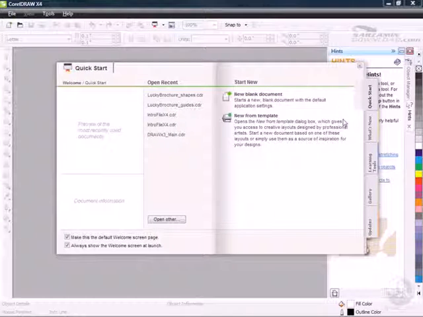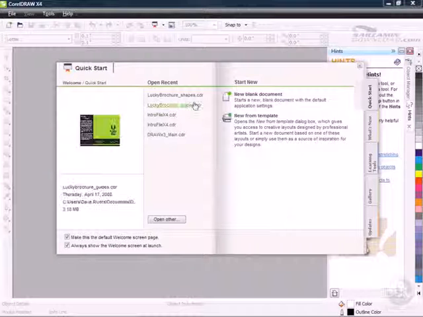So that opens up that section. You can see how it's flipped open like a booklet. Quick Start is the tab that you see here. And from this screen, if you choose to always have the welcome screen launch whenever you launch Corel Draw X4, well, right away you can see you can do everything possible, like open up